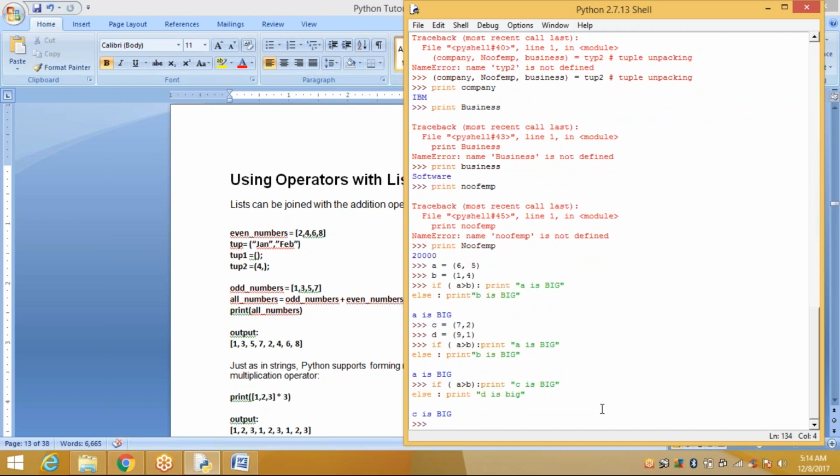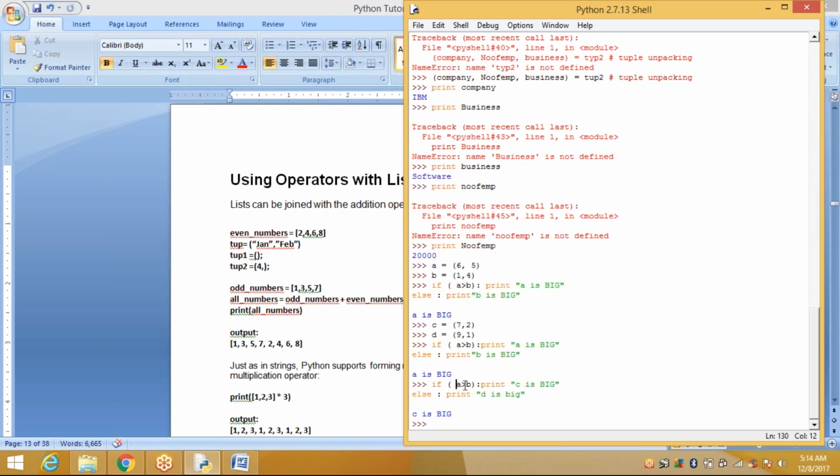We were applying the wrong syntax. Now we want to compare C and D. We are giving the wrong comparison, that's why C is big.